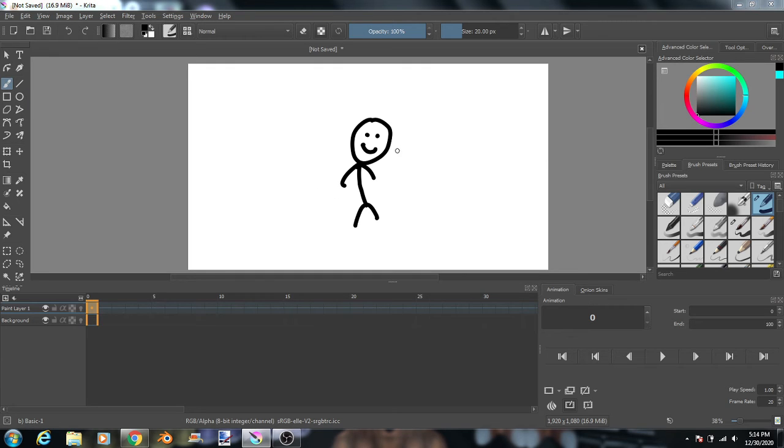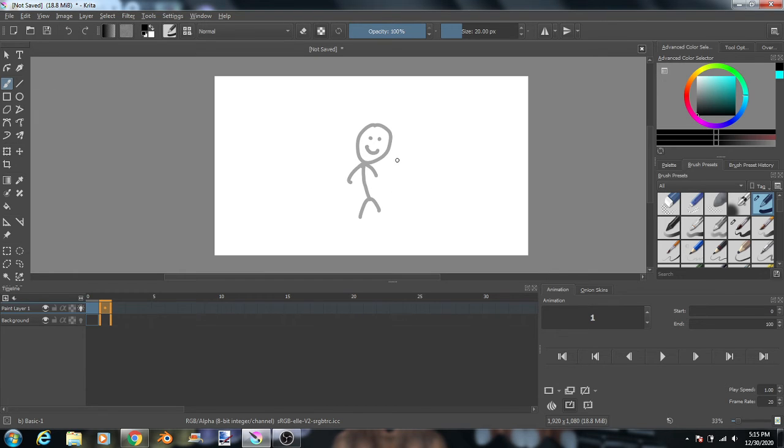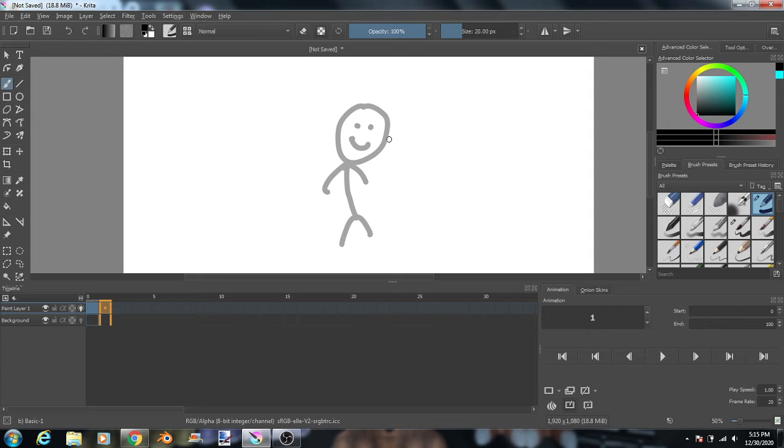But yeah, and Control Shift and A, if you press them all at the same time, then that deselects whatever you have selected. So just take your little stick man and then click this button right here, and then click right here for a new frame. And if you can see, everything that you drew is a little bit